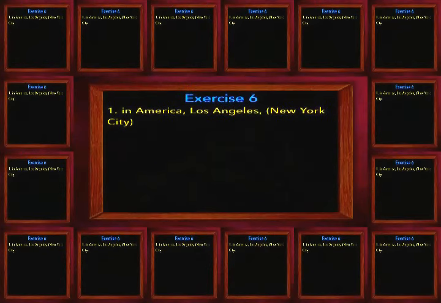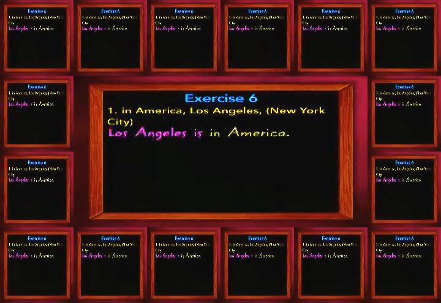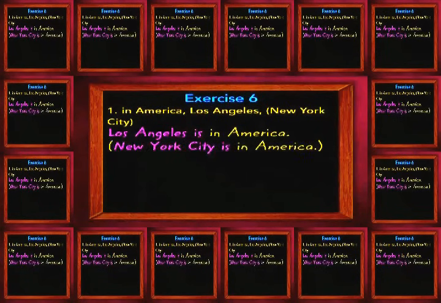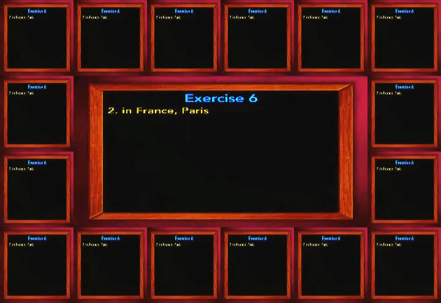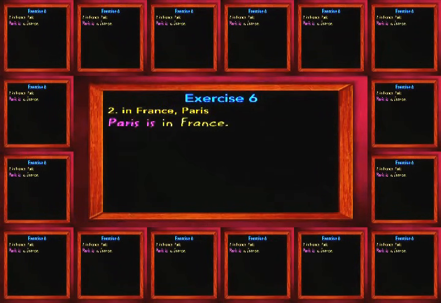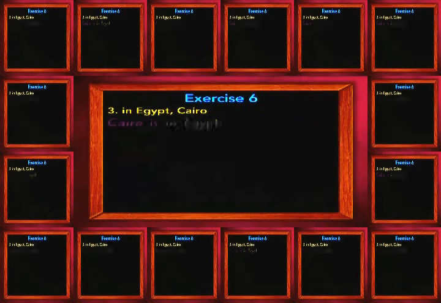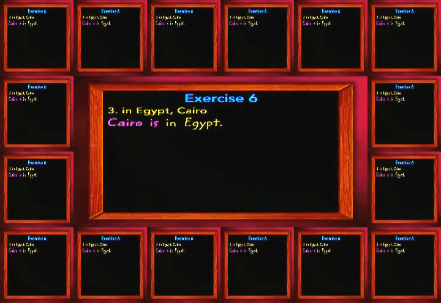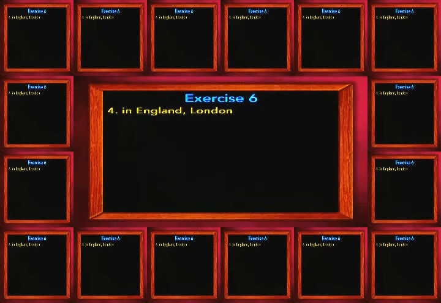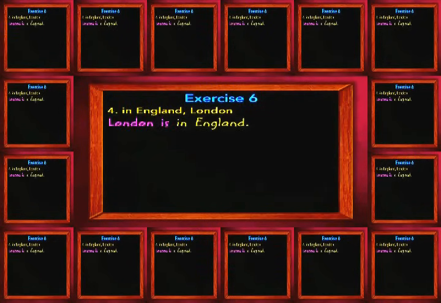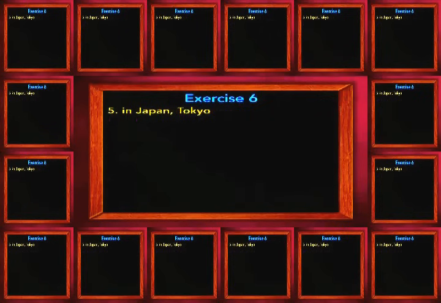So let's review that exercise. In America, you wrote, Los Angeles is in America, or New York City is in America. In France, Paris is in France. In Egypt, Cairo is in Egypt. In England, London is in England. In Japan,